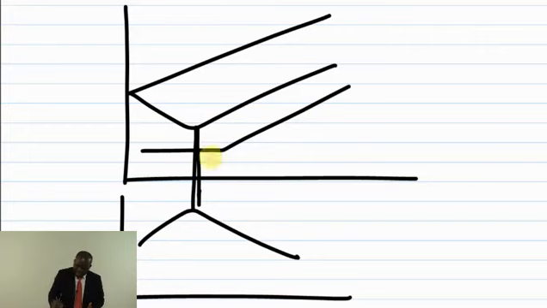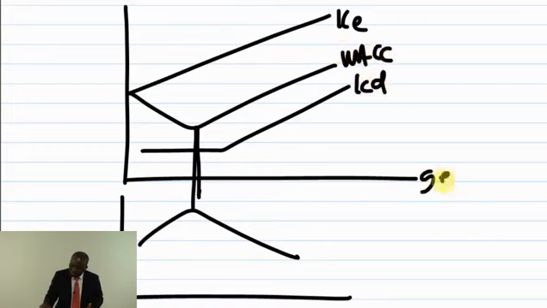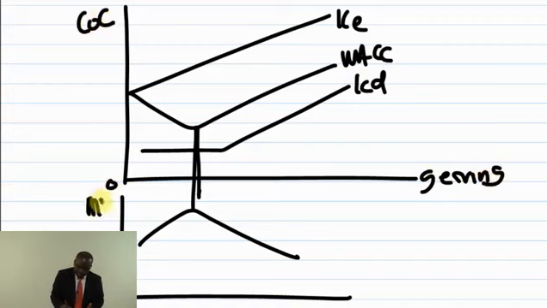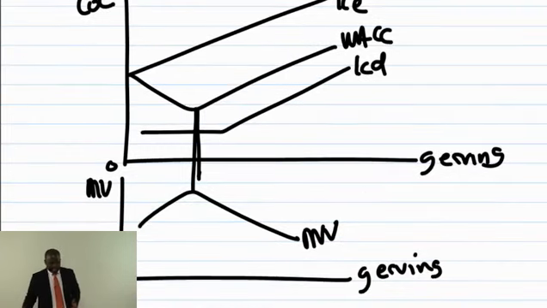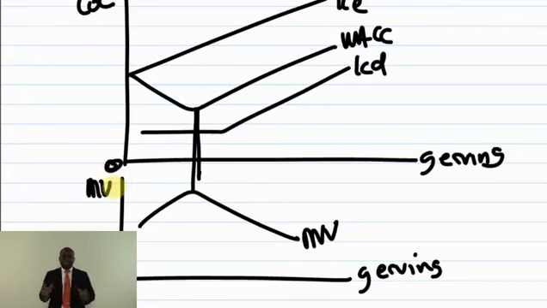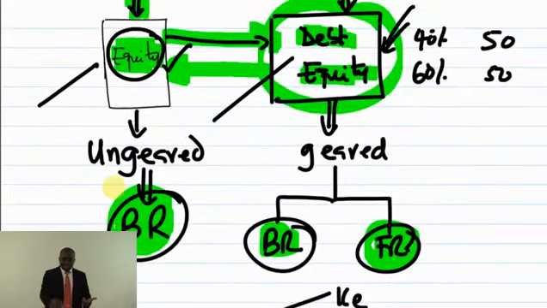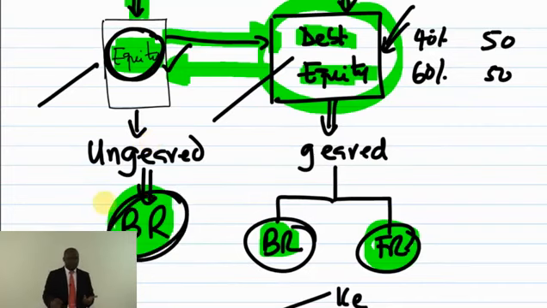The traditional people are saying this. I'm going to use the diagram to explain, but as I told you, we don't normally ask to draw the diagram. This is cost of capital, this is market value, and this is your level of gearing, and this is zero. The traditional argument is that when gearing is zero, it means the company hasn't got debt. And if the company hasn't got debt, that company is called an ungeared company, and that company will face only business risk.